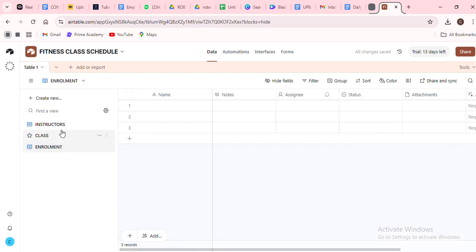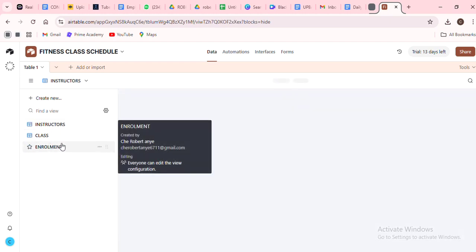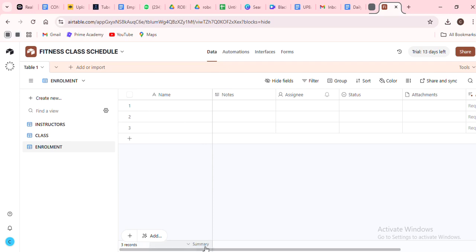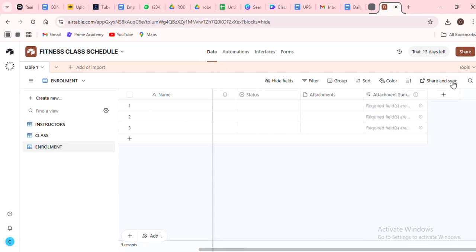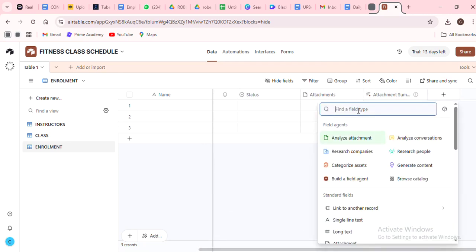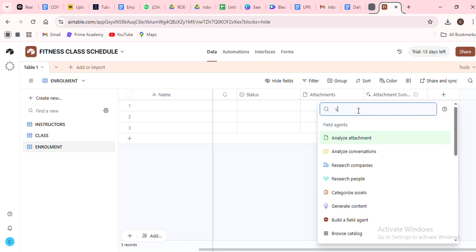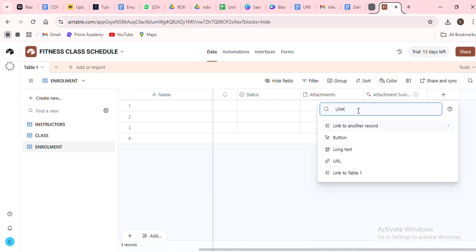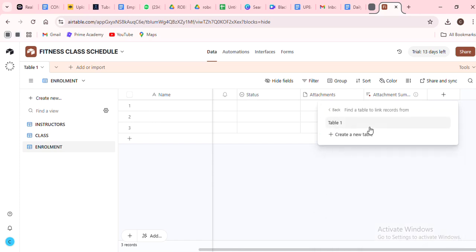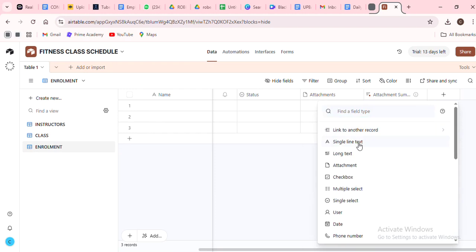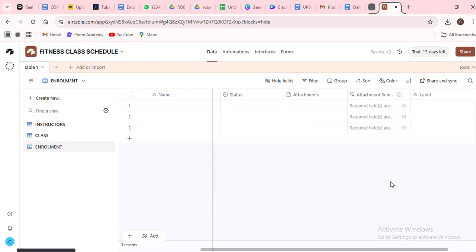Next up, take advantage of Airtable's linking feature. In your enrollments table, link the class enrolled and student name fields to their respective tables. This is crucial as it connects related information across different tables, ensuring you don't lose track of any details. Let me explain why this matters. By linking these fields, you can easily track which students are enrolled in which classes and ensure that every class